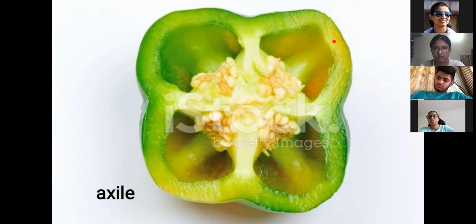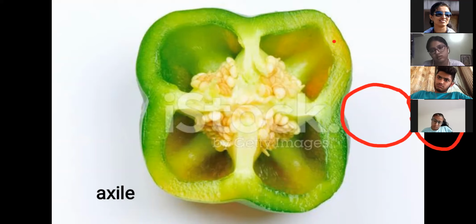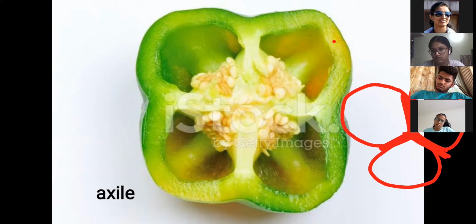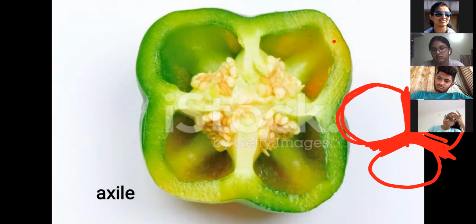Now, how is this axile placentation formed? In this, see, this is the one carpel. Simply हम 3 का अगर draw करें, 1 carpel, second carpel, third carpel. So they all are fused. All carpels are fused with each other, they meet at the center, and that center point forms as a placenta. They fold in such a way that they meet at the center, and that center point develops as a placenta.